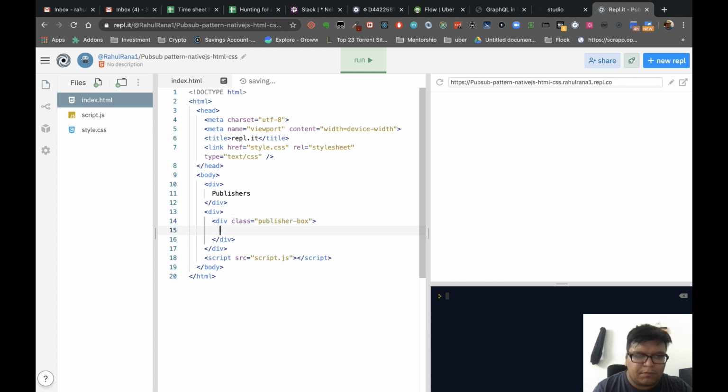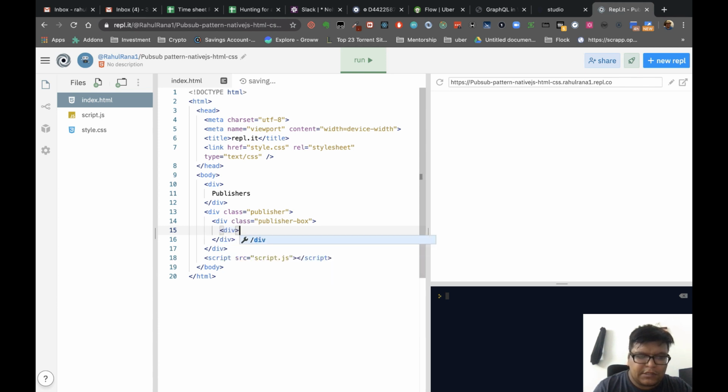We can have a class publisher box, this class publisher, so class publisher blocks, and if you see it has like we can have